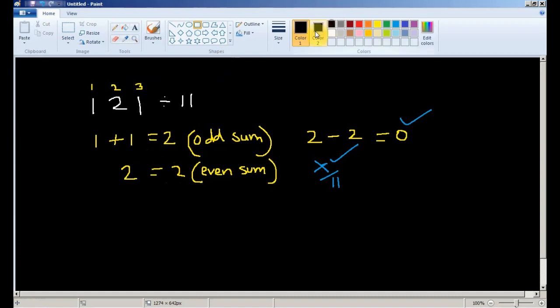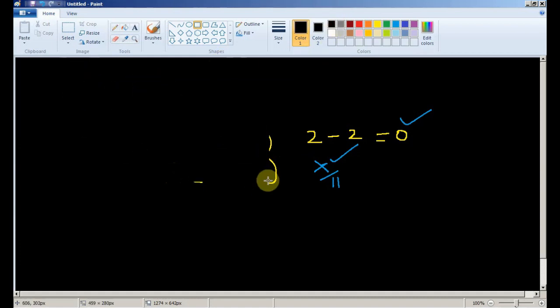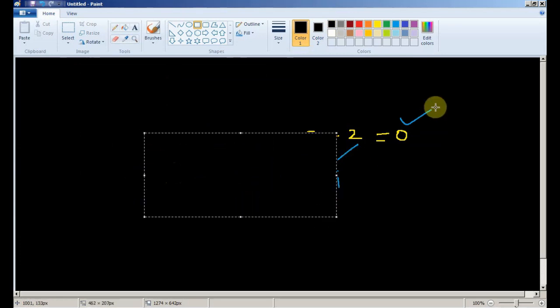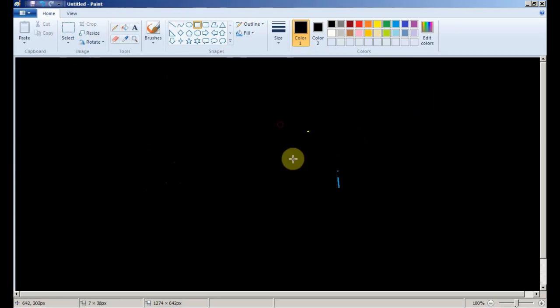Okay, it's not too complex. Just remember this trick, and if you practice a couple of times, you will remember it. This trick is going to be very helpful in doing ordinary maths.